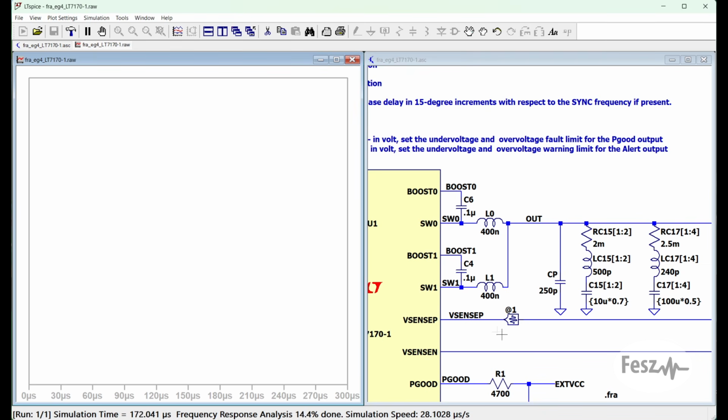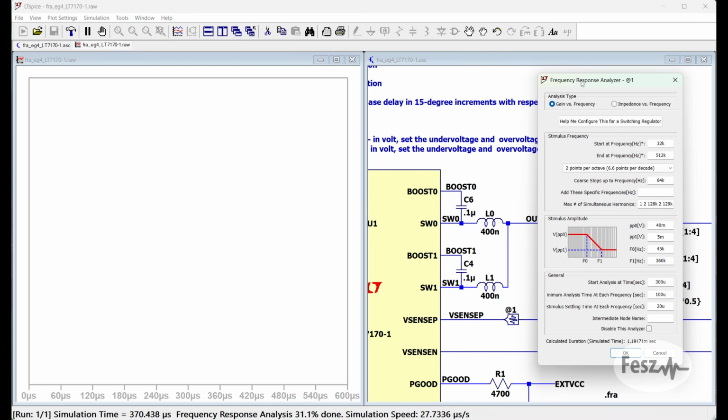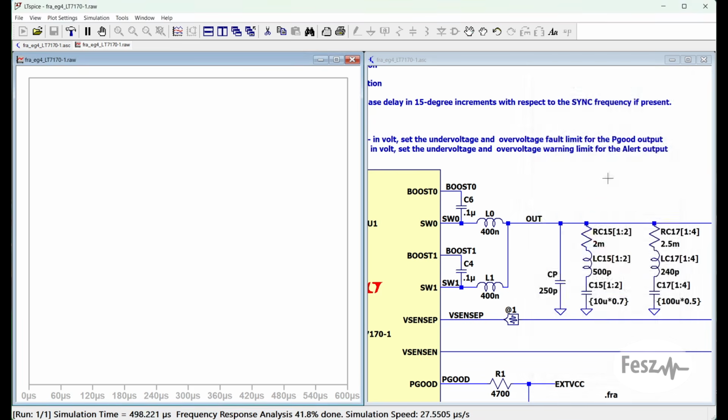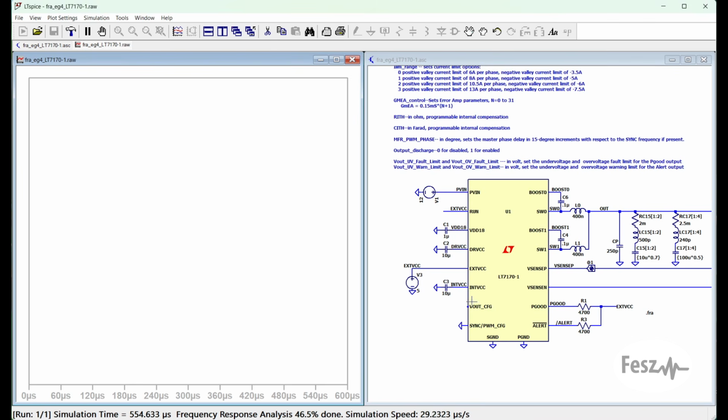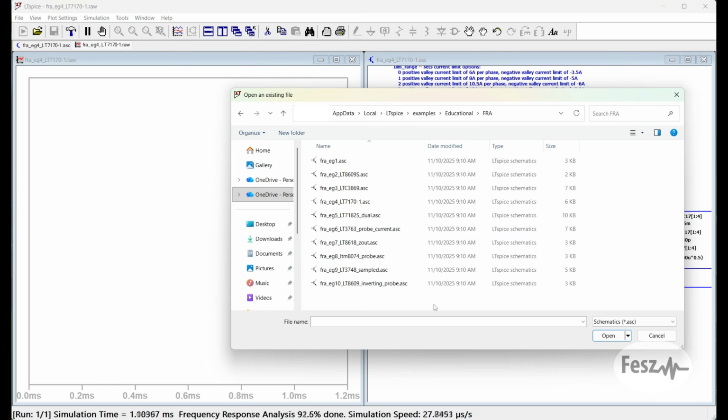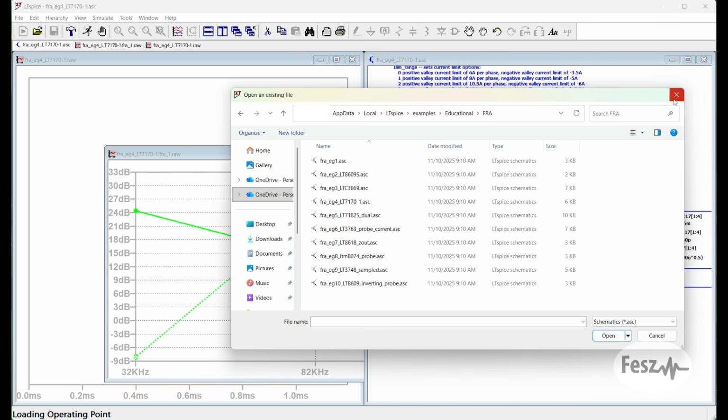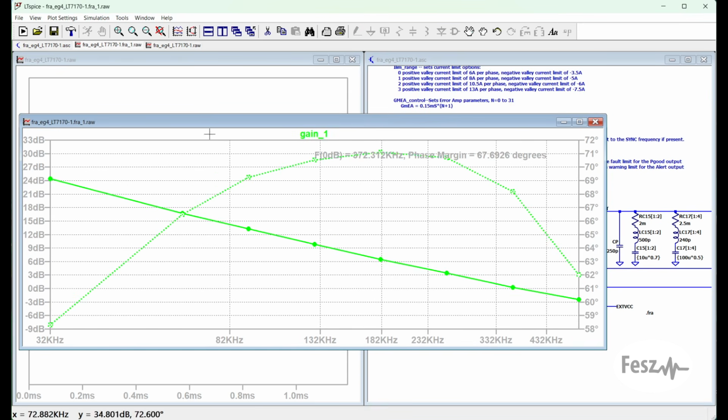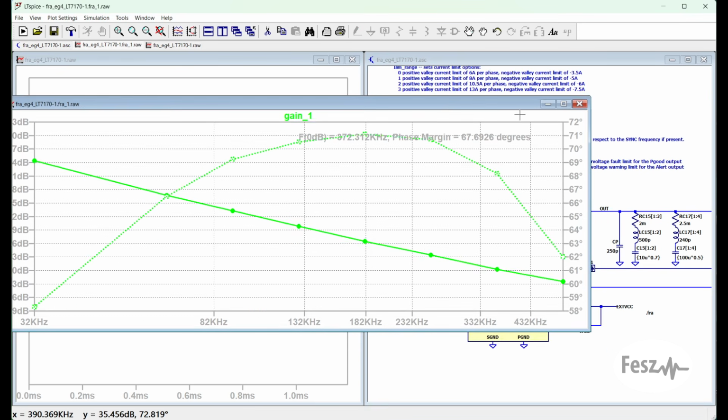So in a nutshell, the FRA block allows the creation of gain phase diagrams, but rather than using AC simulations, you're using a transient one. The main types of examples provided in the library that highlight this function are related to switch mode power supplies. So there are quite a few examples that you can play around with to get a better understanding of this block. And well, the results that you'll be getting is something like this: the gain and the phase of the